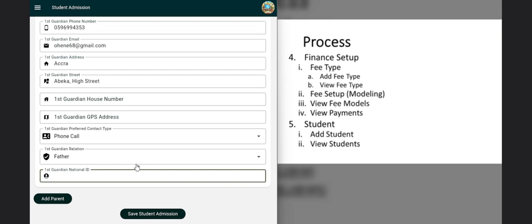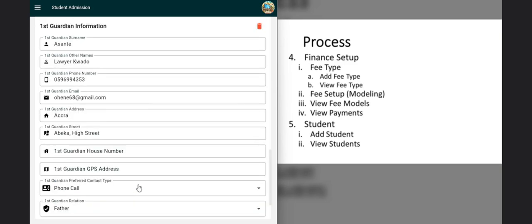When you start, this is the demo. You can use it to practice as much as you want. So as you are done, you click on save. But take attention to the parent phone number. I would like to view and show you how that phone number